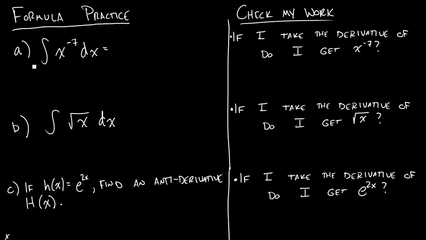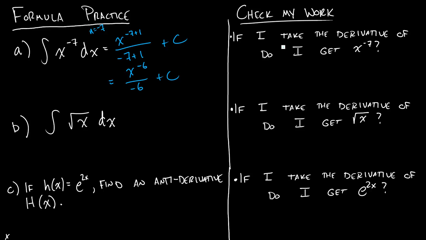If I have the integral of x to the negative 7, how would I do that from my rule? And so my rule, this is n is equal to negative 7. My rule would tell me that I do x to the negative 7 plus 1 divided by negative 7 plus 1 plus c, right? And so if I simplify this, I'll get x to the negative 6 over negative 6